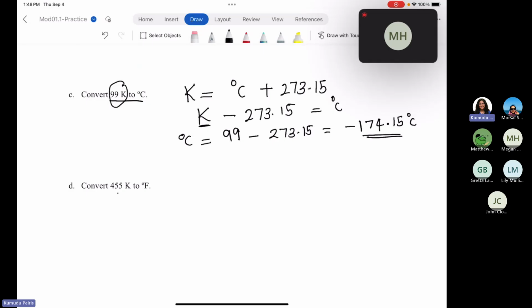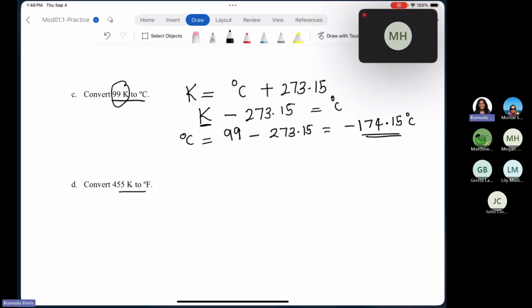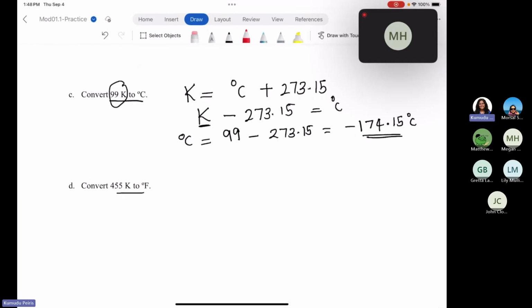Okay. Next, we are converting Kelvin into Fahrenheit temperature. Again, we don't know a direct relationship between Kelvin and Fahrenheit. We have to change the temperatures first into degrees Celsius, then we can do the conversions back and forth. Right. So again, degrees Celsius equals Kelvin temperature minus